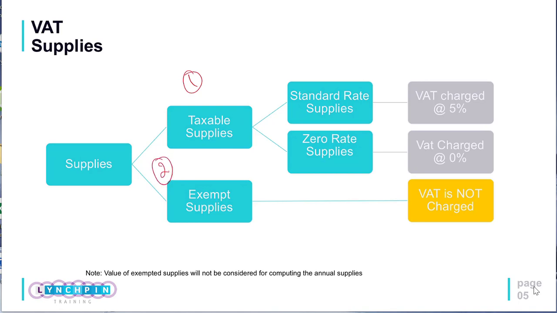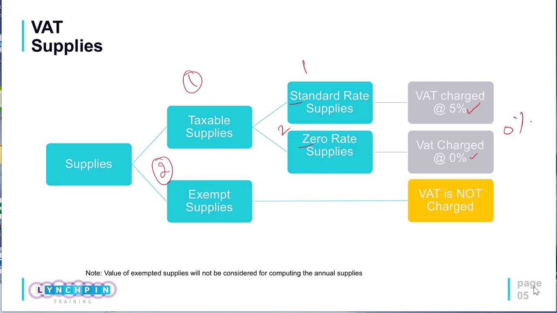If we see the word taxable supply, it may sound like each one falling here would be subject to 5% VAT. But if we take a deeper look, the taxable supplies are further subdivided into two categories. First one is standard rated supplies. Second one is zero rated supplies. Standard rated at present in UAE means it would be subject to 5% VAT, whereas zero rated, of course, there will not be a VAT, but we will say that it is subject to VAT but at